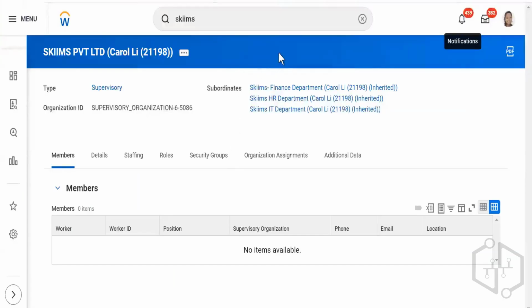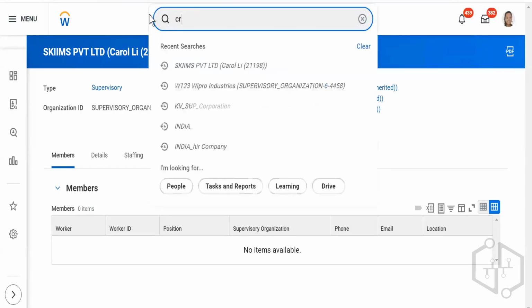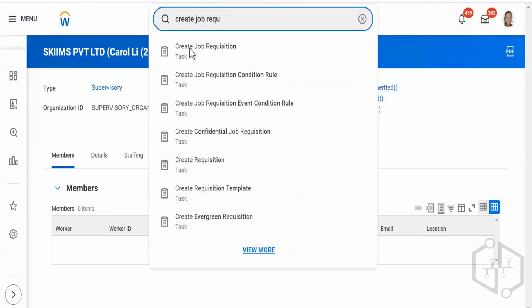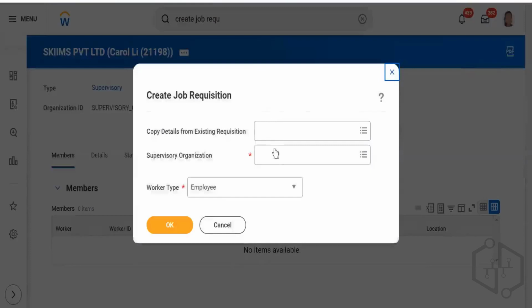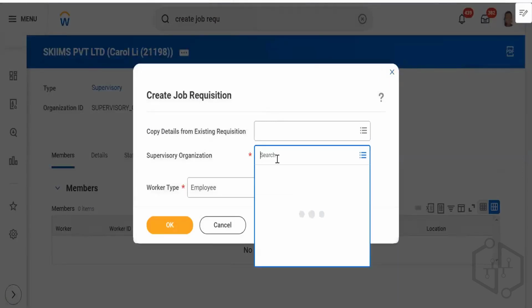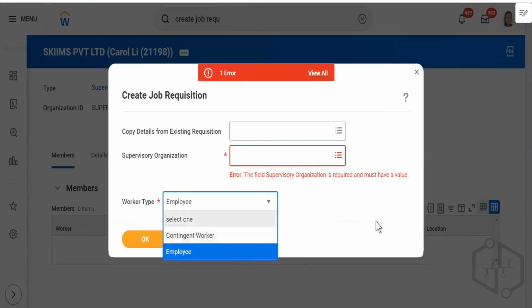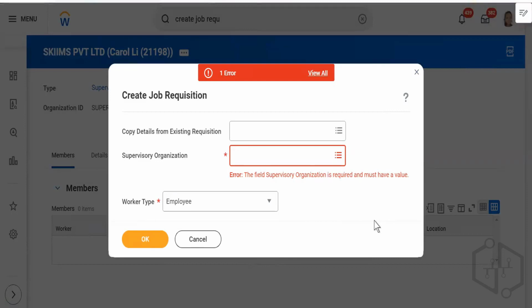When you are creating a job requisition, it's an interview question. So what is the important thing? First, the supervisory organization is important. I'll show you. Create job. See here, the supervisory organization is important, and worker type should be employee or contingent worker. This is a question they might ask, but however, we have to create the position first for position management,